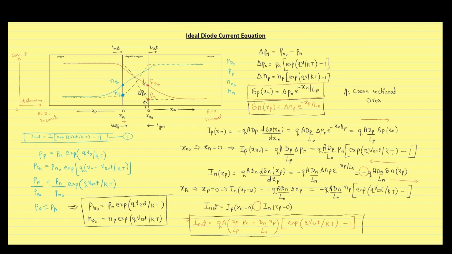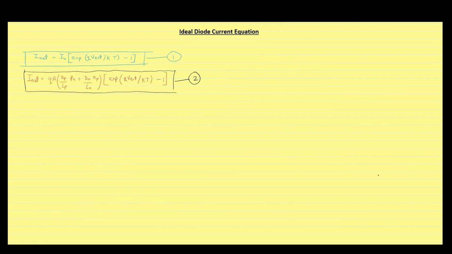Let this equation be the second equation. We got these two equations which are very important. The second equation is the equation by which we can actually calculate the current with the help of parameters defined for the semiconductor. And upon comparing these two equations, you can find the value of I naught to be equal to